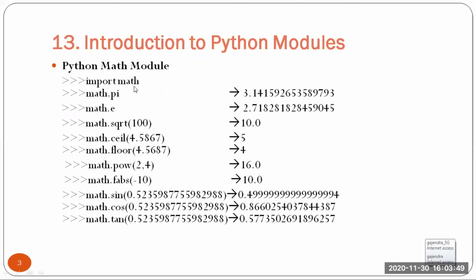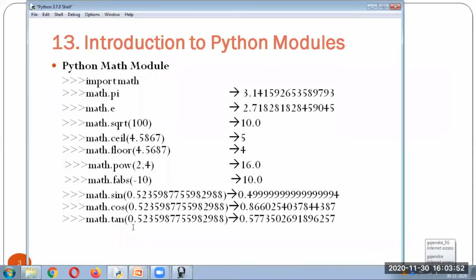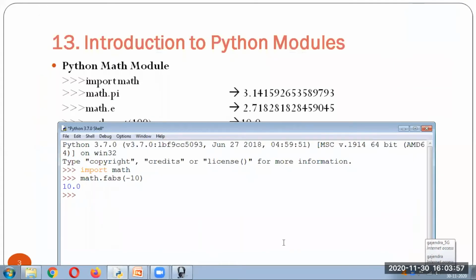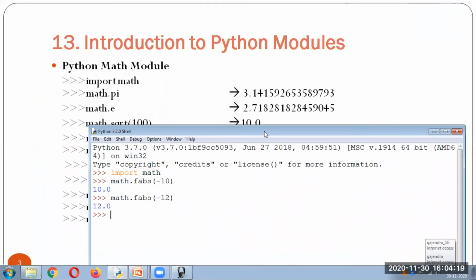First line we'll be writing is import math. I'll open the Python screen also, and side by side we try to execute this. So I have used import math and I have taken math.fabs. Absolute will give you a non-negative value. I'll take another example. If you write math.pi, it will give you the pi value. We can use it in any of the programs.